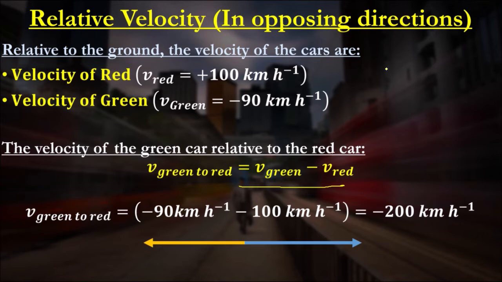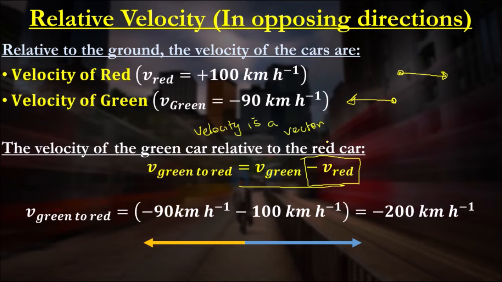So the red car is going in this direction. The green car, let's say, is going in this direction. It doesn't really matter which one you want, but let's just say that's the case. I want to highlight this vector here. Remember, velocity is a vector. If velocity is a vector, that would mean